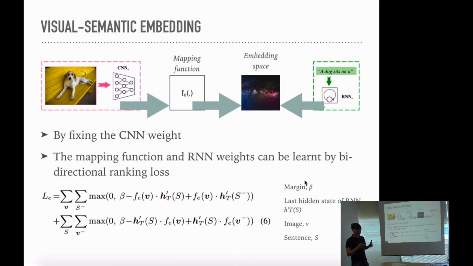We want to ultimately find the distance, which is the reward, the similarity between the two things, the image and the sentence. So, for the phrases "a dog" and "a dog sits on earth", which one should be closer to the image? "A dog sits on earth" is highly correlated in the space. So they are actually very close to each other in this space. I'll talk about this a bit later.